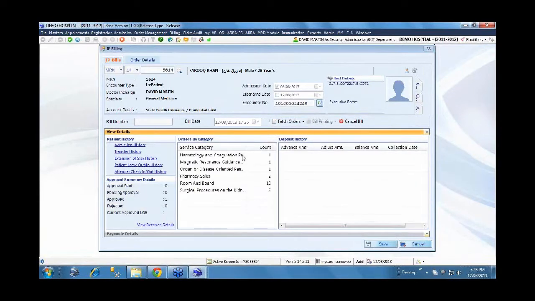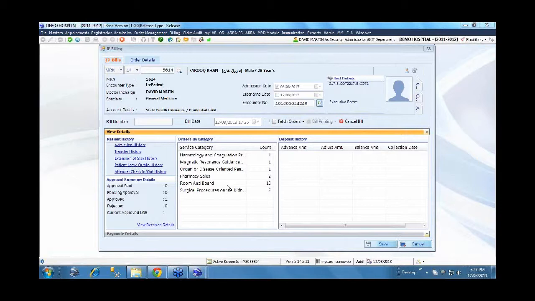In case of an inpatient environment, there is a deposit amount which is usually collected at the time of admission, and the charges are accumulated as and when they are provided to the patient. At the time of discharge or just before discharge is when you do the inpatient billing. The various aspects relating to collecting the deposit at the time of admission and pre-approval for an admission are handled. Now we assume that this patient is about to be discharged.